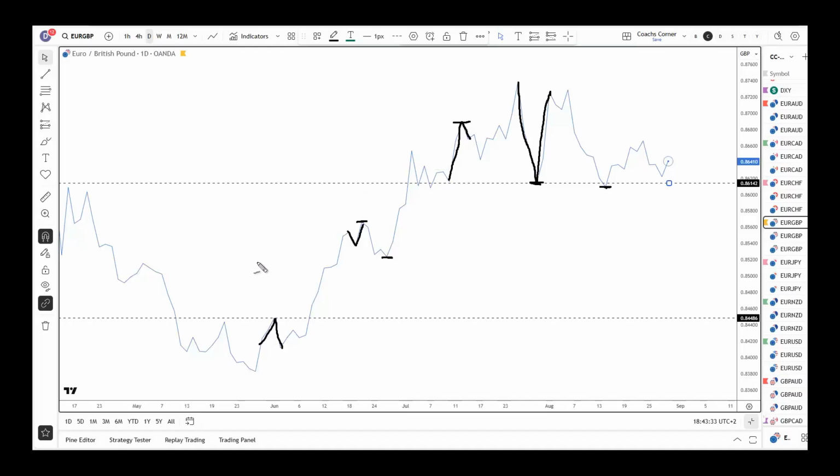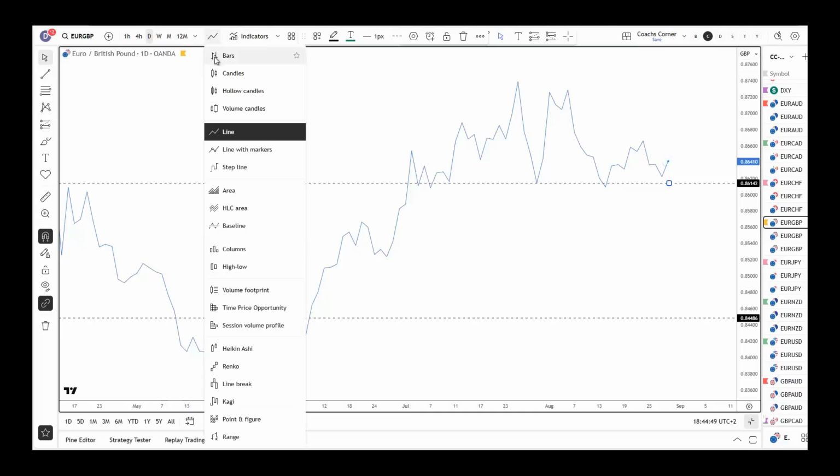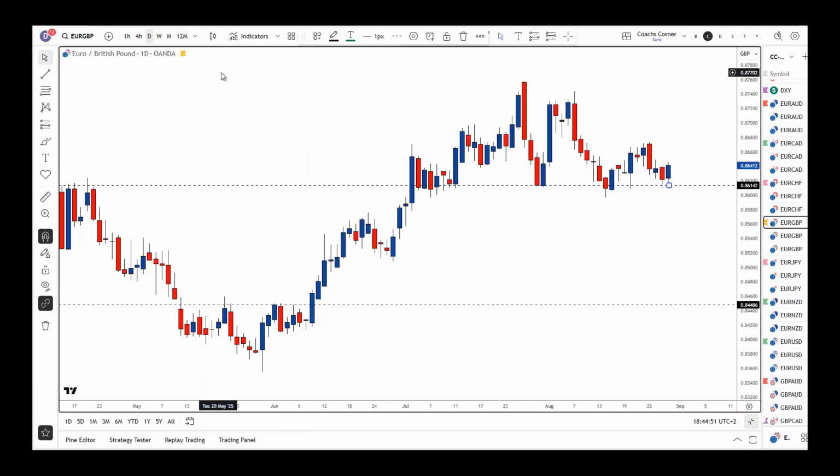When the level looks more like this, that's not good. This is more like, oh, that one hurt. So you have to have that distinguished move on a line chart that makes the level great. When the level becomes like this or this, skip those. So if I just mark this level in here, this level in here, and now I go back to, where is my charts? Candles. See,